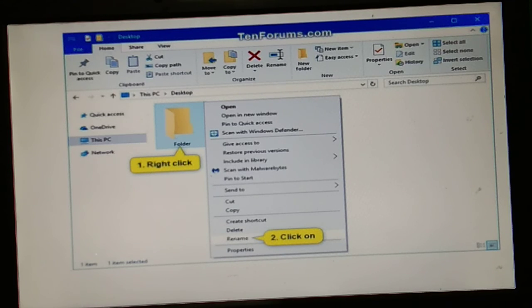Like if you want to rename your folder, you have to simply right click on the folder, then this type of screen appears which consists of various options like send to, cut, copy, create shortcut, delete or rename. So by clicking on the various options you can easily rename your folder, delete your folder, copy your folder, etc. So these are the various features included in Windows 7.